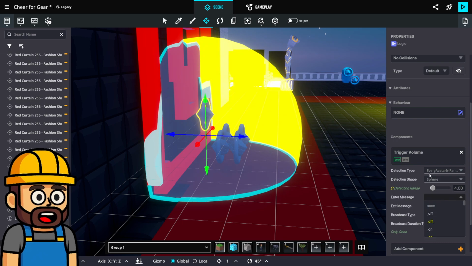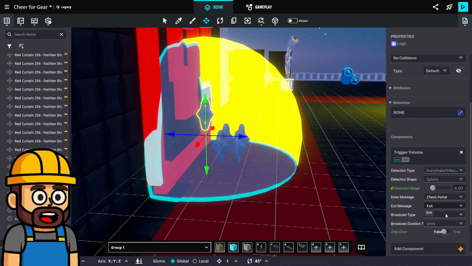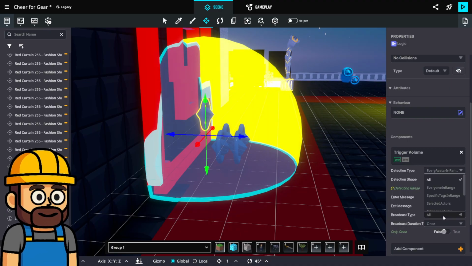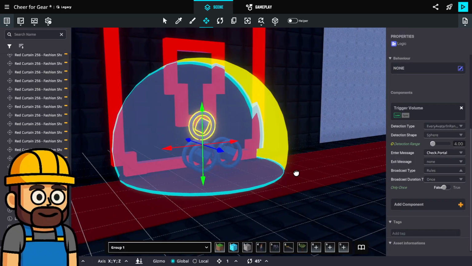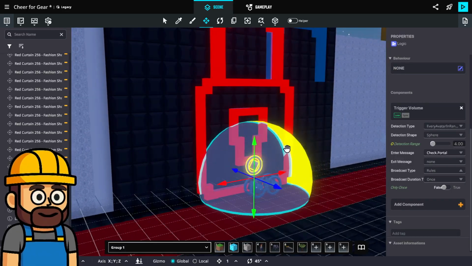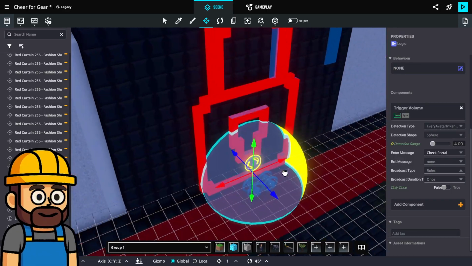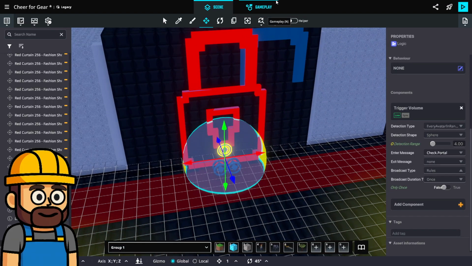And we'll make the enter message check portal. No exit message. We can broadcast it just to the rules. Check portal. Cool.